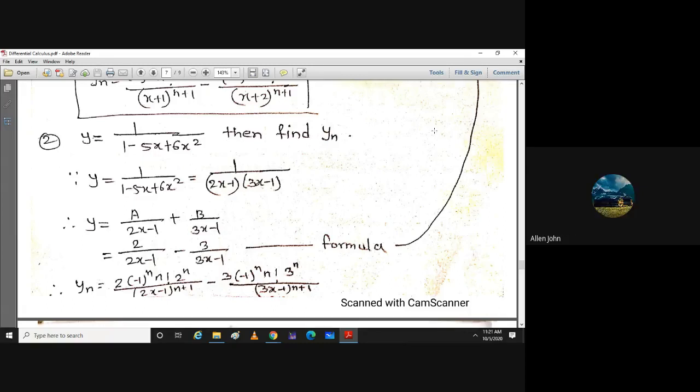Sir, can you repeat the question once again, please? x cube upon x minus 1 into x minus 2. Sir, we can multiply the denominator and then we can do long division, but that will be a very